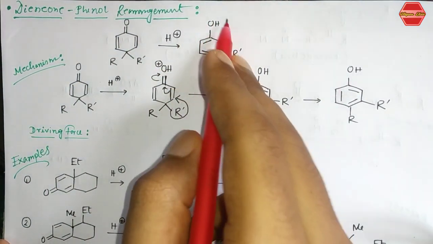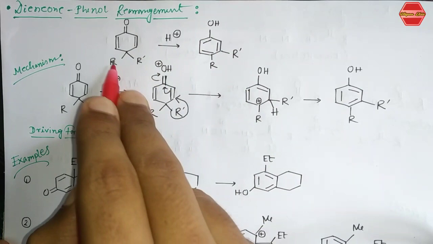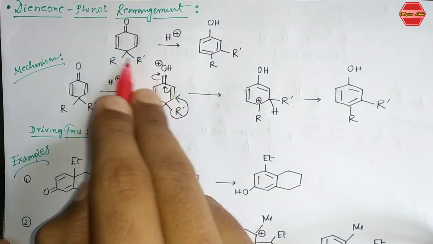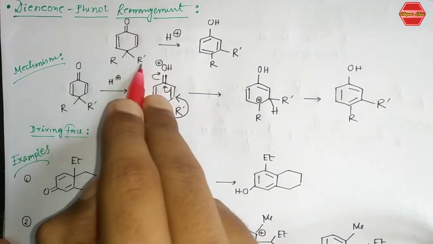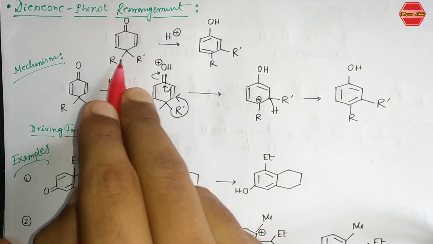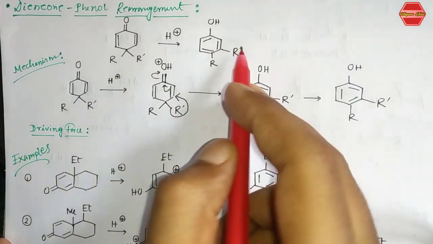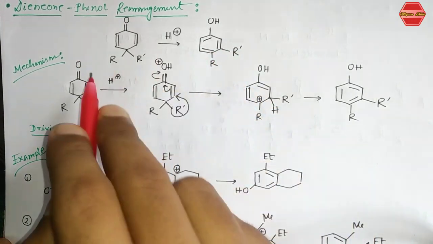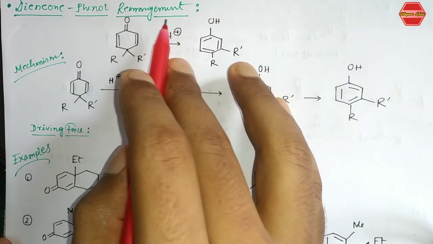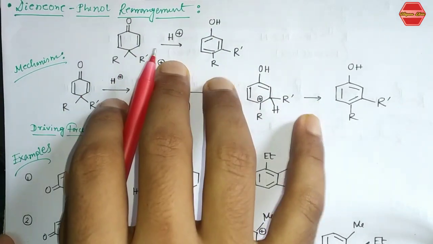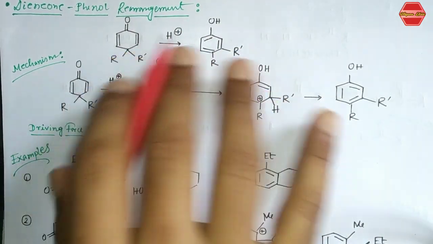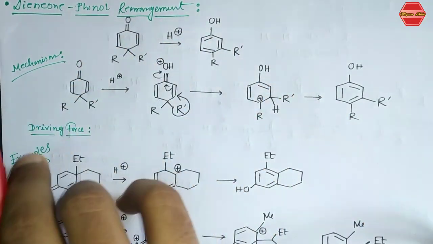Okay, you can see that this is a kind of phenol derivative, and you have to substitute it over here. This CH2 group has been substituted by this R and R prime group, and either only this one or this one can migrate to this position, in the presence of acid, any kind of acid. So see the mechanism, how this reaction proceeds, and what is the driving force of this reaction.